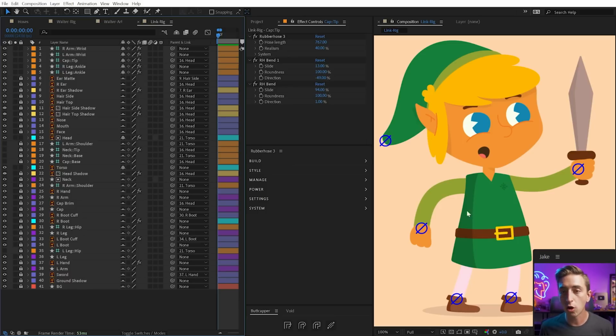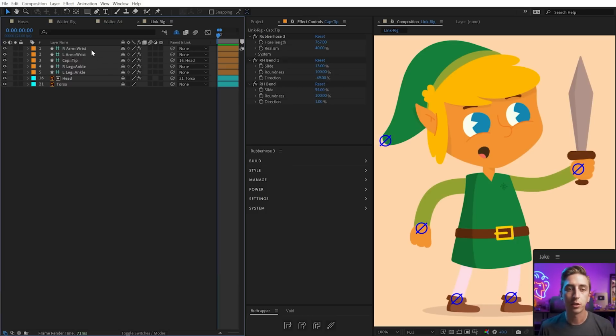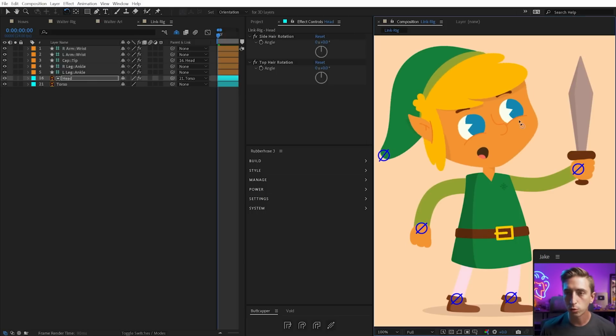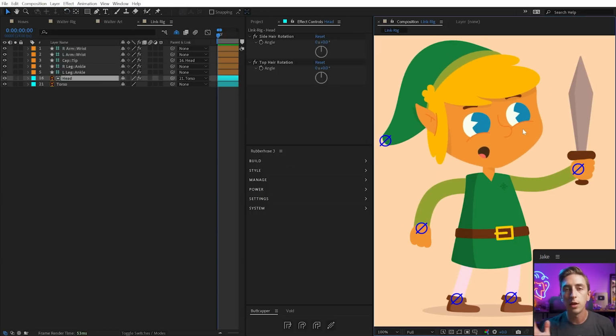So this character is all rigged up and ready to go, but it is not how I would leave it before animating because there's lots of layers here that I don't need to see that are gonna clutter up all of my timeline when I'm trying to add in keyframes and just focus on what I need to control it. So what I like to do is lock and shy all of those layers I don't need access to and enable the shy switch so I'm left with just the layers that control the character itself. So I can move the torso around, grab the controllers, rotate the head,